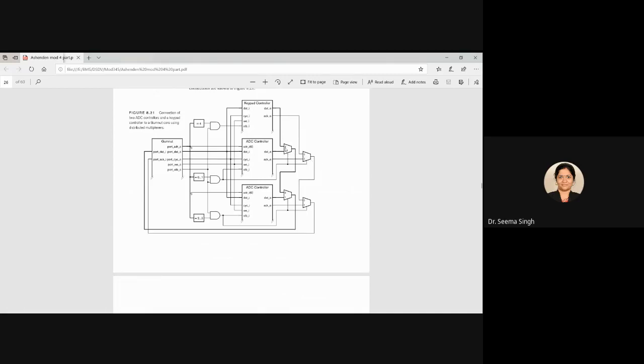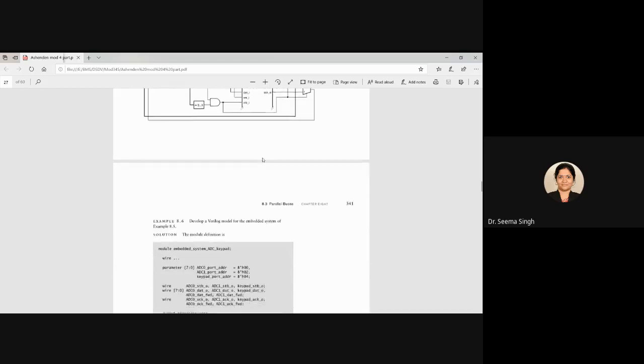So what is the input? What is the select line? Select line is this. This is the select line for this, and this select line is ADC. This is called ADC 0 and this is called ADC 1. So this ADC 0 strobe input is your select line for both of these mux, and the connection you can see: keypad output or ADC output, and here acknowledgement output of keypad and acknowledgement out of ADC 0. So the same thing you will see here.